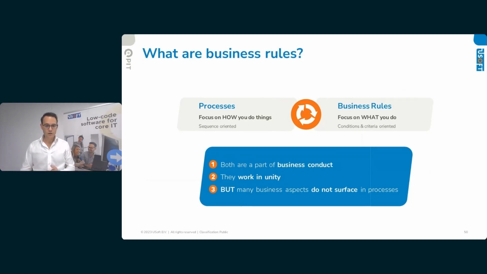But what many organizations still lack to really fully understand is that there are a lot of business rules underlying those processes that are as critical to the whole digital transformation process. Because if you automate a process flow without proper attention to the business rules, the software that will support your business will not do exactly what you need.